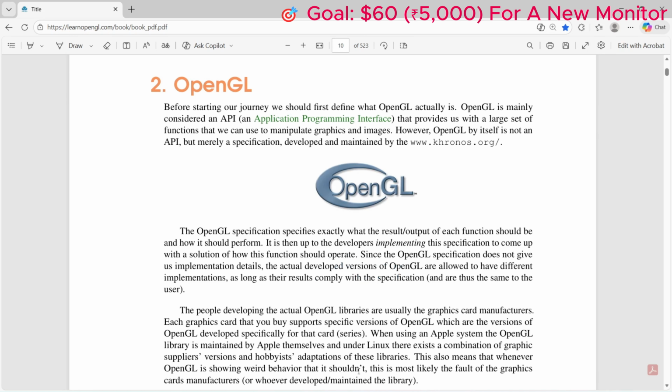OpenGL, starting our journey. We should first define what OpenGL actually is. OpenGL is mainly considered an API. An API, which stands for application programming interface, provides us with a large set of functions that we can use to manipulate graphics and images. However, OpenGL by itself is not an API, but merely a specification developed and maintained by